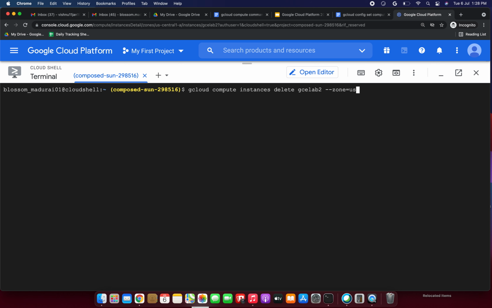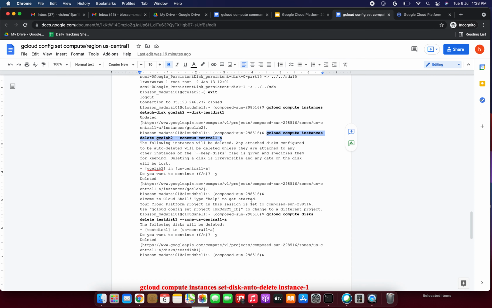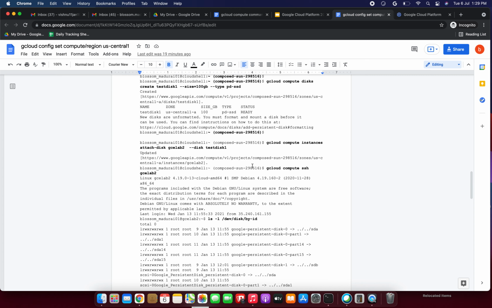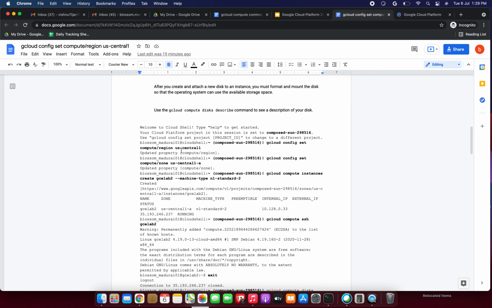Without the zone, I wanted to see whether it will be deleted or not. Yeah, it is asking. Okay, no problem. US central 1-a only we have selected already, I think. Let me check it again. Okay, us-central1-a only, correct.